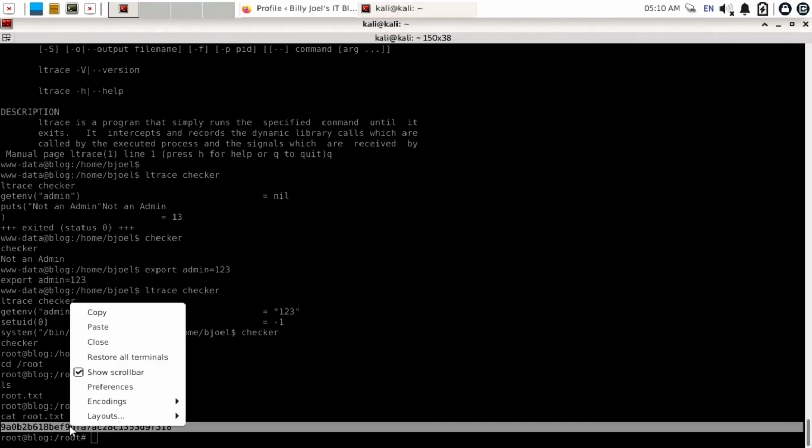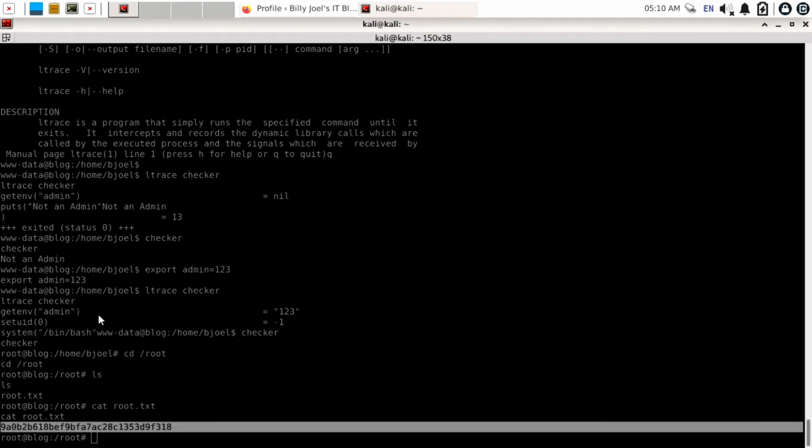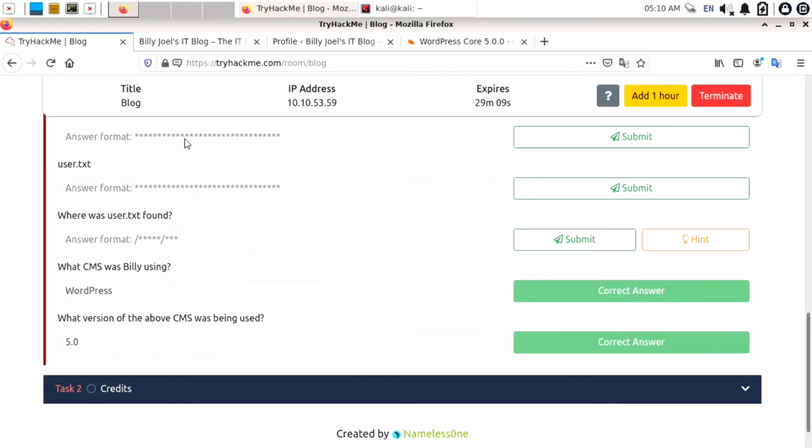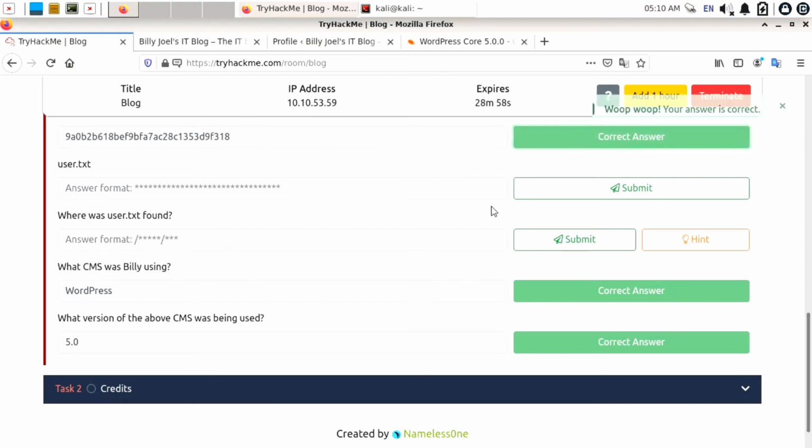After copying, open the web browser, go to TryHackMe, and into the root.txt text field, paste the copied root flag with Ctrl V and click on submit. After submitting, you can see our answer is correct.